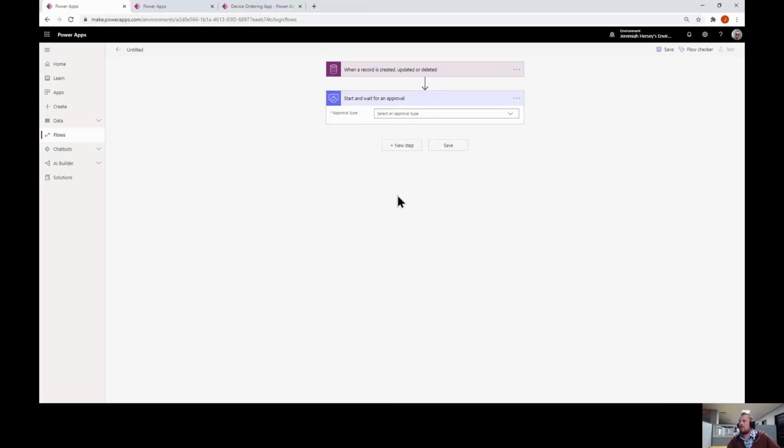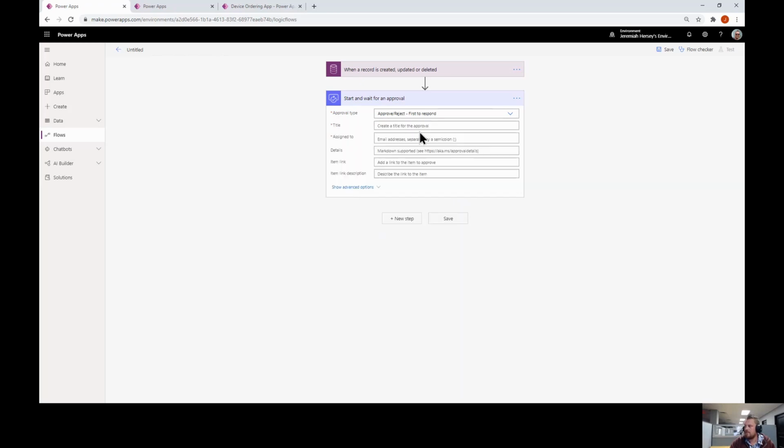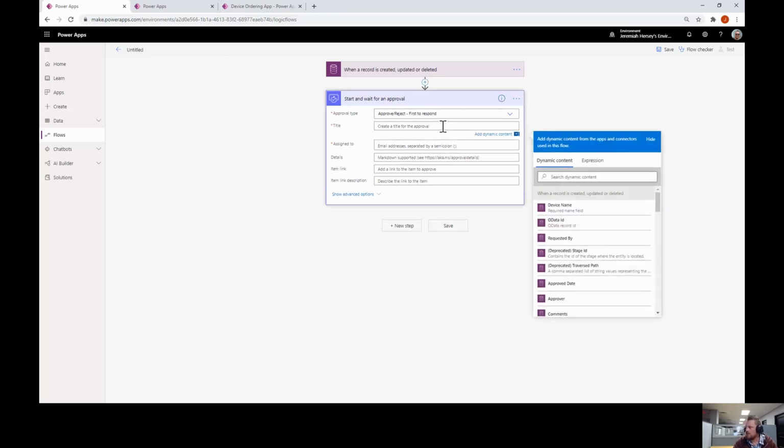So this brings up an option type. Okay, so approve, reject. Everyone must approve. Approve, reject, first to respond. And then here's some custom responses. I don't really care that everybody has to approve this, just one person. Notice that when we choose that, it gives us an option. So it says to create a title for the approval. Over here on the right hand side,